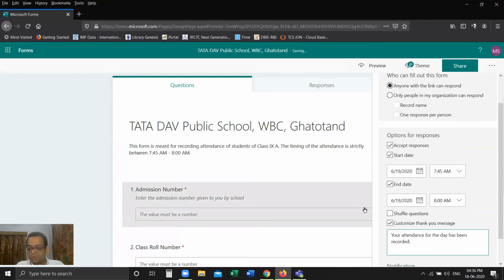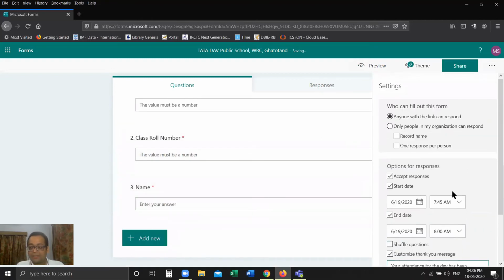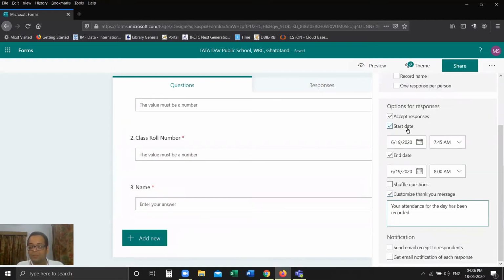Now, why it is important that we use Microsoft Forms instead of Google Forms, and what is the additional capability here, is that in Google Forms, the administrator or the creator of the form or the teacher has to switch on the forms, that it should start accepting responses at the set time, say suppose at 7:45 a.m. and at 8 o'clock he or she has to stop it.